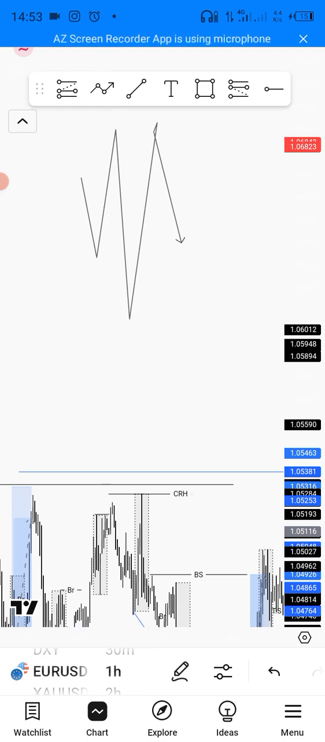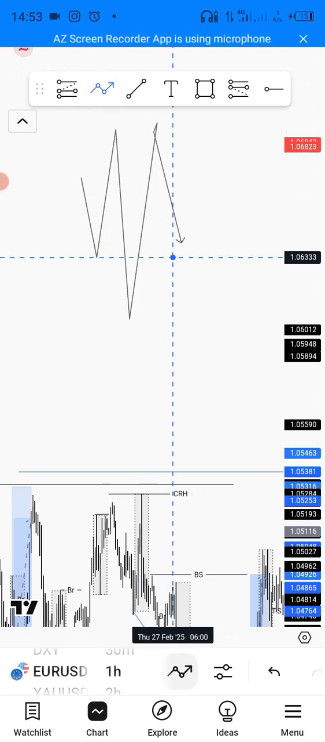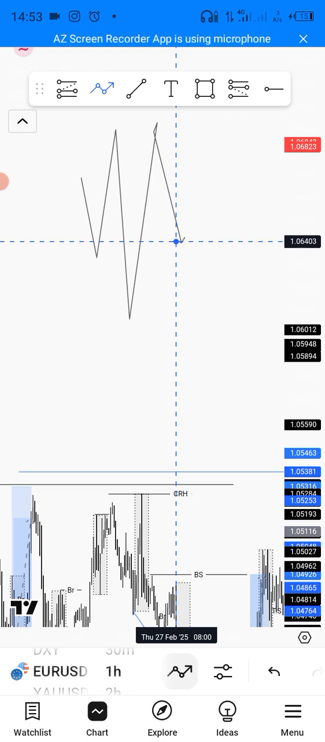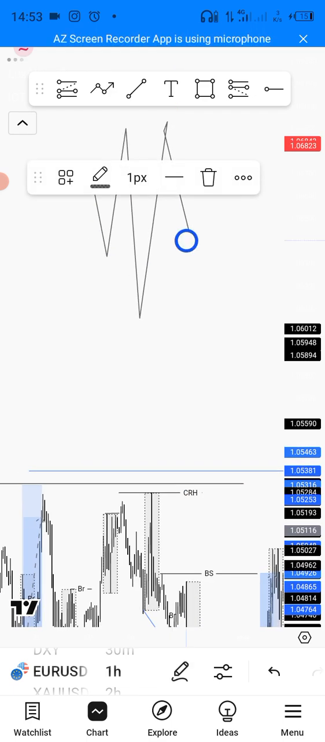You're hoping to buy from this zone here. So how would you do that? It's very, very simple. If you want to use the QM arrow as a trend line, all you would do